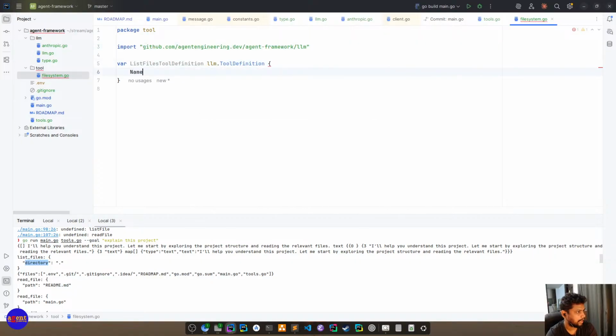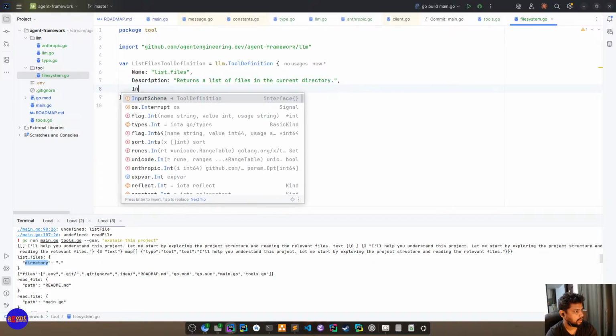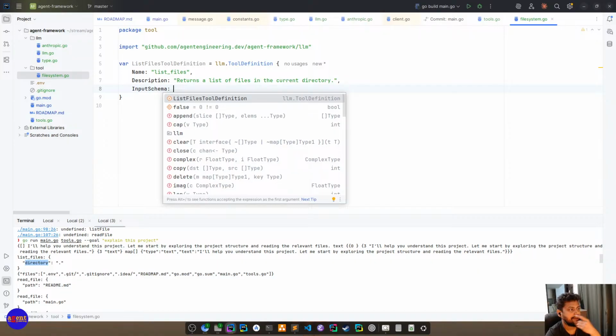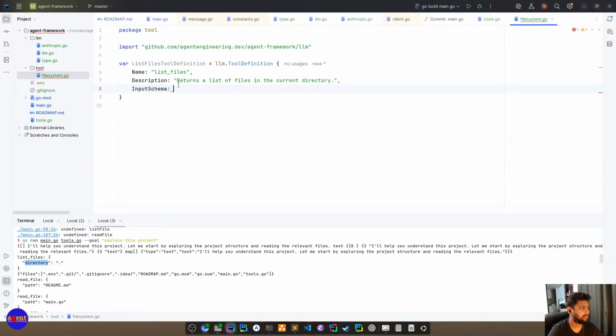Right, we need a name. Files, description, schema. How do we define our input schema as interface, right?